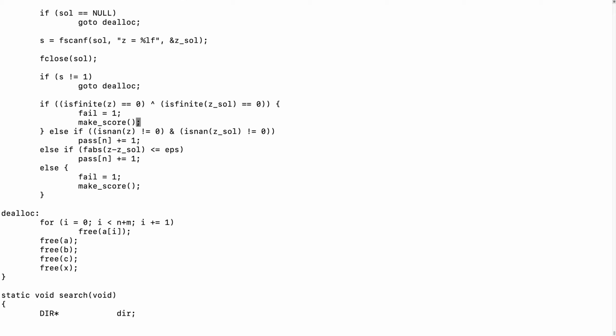Okay, so let's see. If both your program and the reference, the one that produced the solution, got a finite number. If one got the finite number and the other didn't, then we fail and call make score. So then we leave this. Or, if they get different solutions, then we say that they failed. If both say it's not the